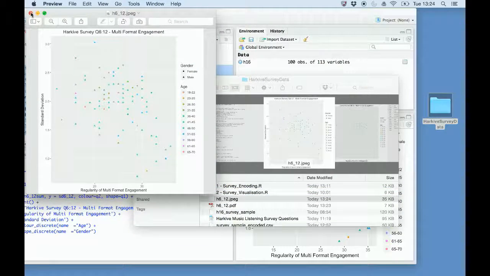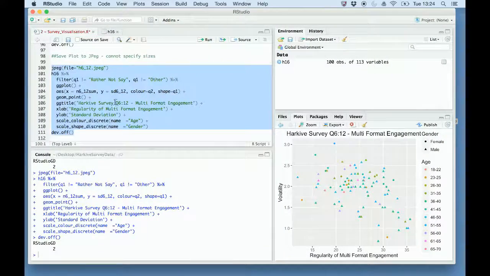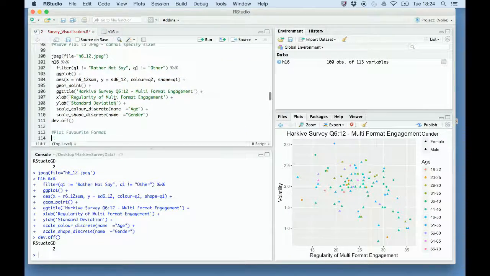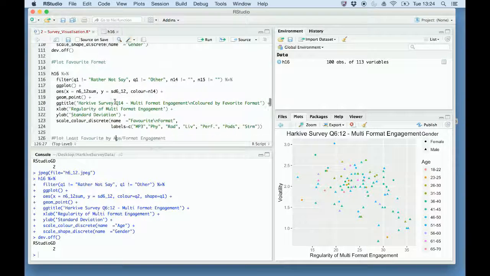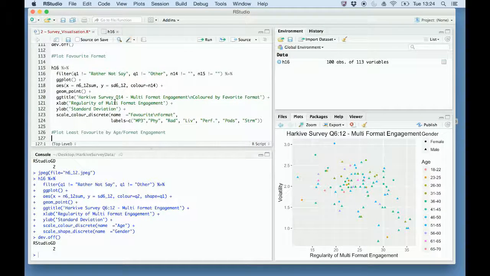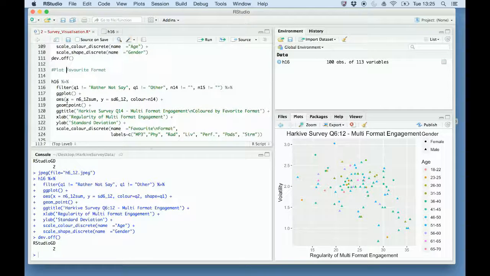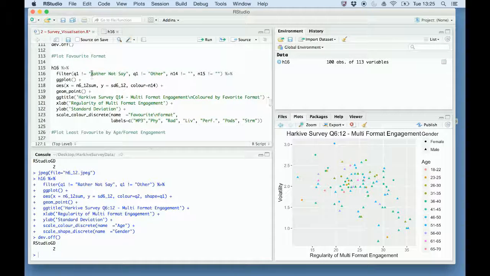There we go. There's the JPEG that we created. Okay, so there's some basic visualizations and writing to your database. Now we can plot favorite formats, which is data that we've also got in. Again, this is just building on the previous plots from before, but we're still filtering out "rather not say"